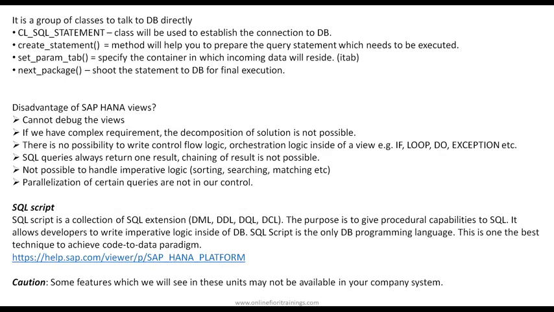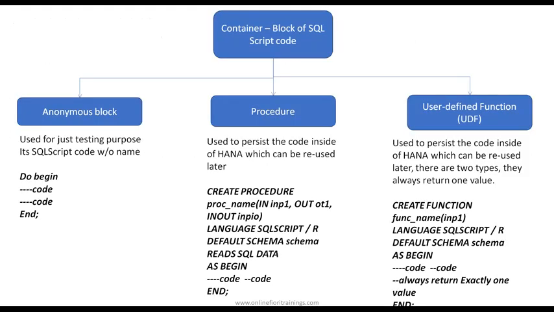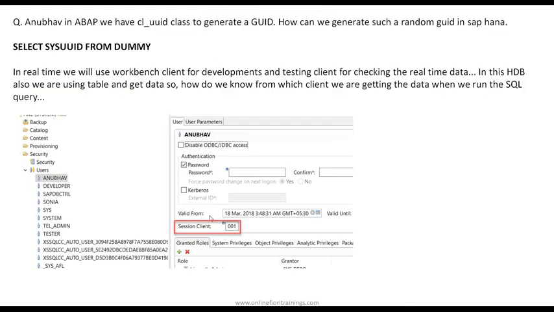The main question that still remains in some of your minds is what S4 HANA is. I have received many emails over the last couple of days, and I thought it's good to have one session discussing SAP S4 HANA and how it is different from ABAP on HANA. I would like to clarify this difference with a very simple example. The difference between ABAP on HANA and S4 HANA is exactly the same as the difference between ABAP and ECC.